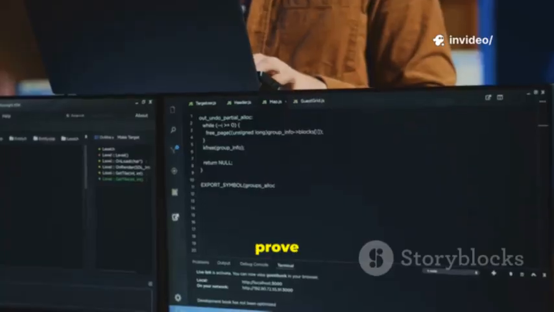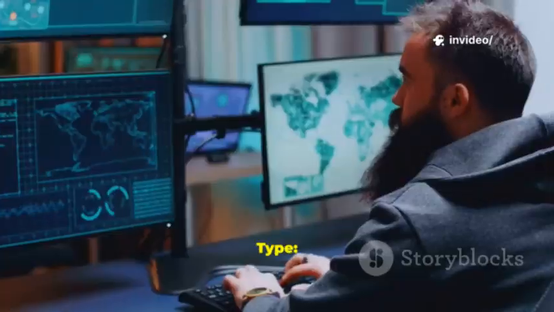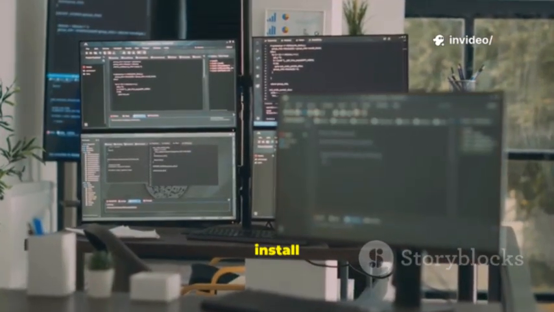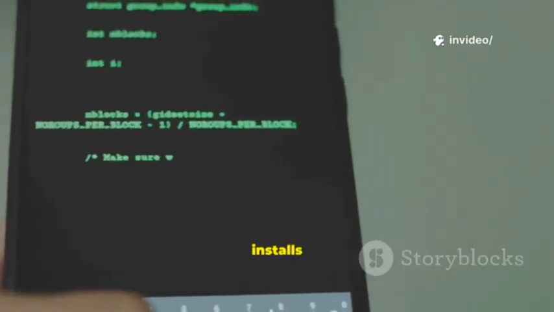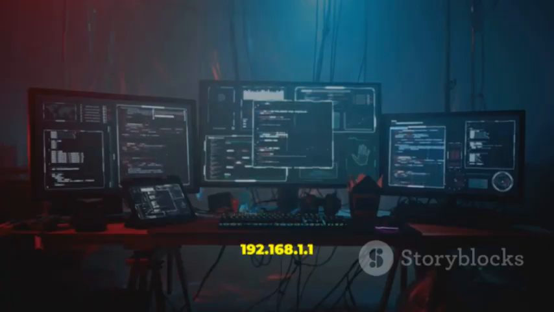Here's a short demo to prove Kali tools run inside Windows. Open the Kali app from the Start menu after installation. In the terminal, run a package update first. Type sudo apt update. Type sudo apt install nmap. Y, that installs nmap quickly. Now run a scan on a device you own. Type nmap -v -A